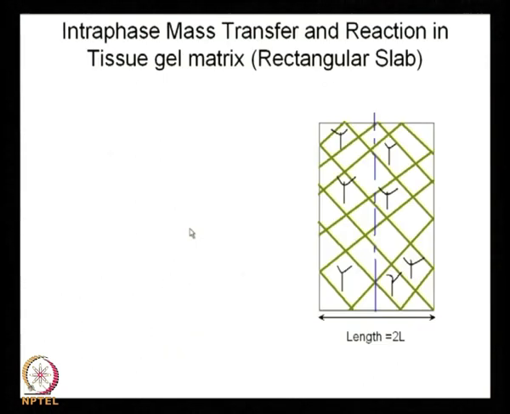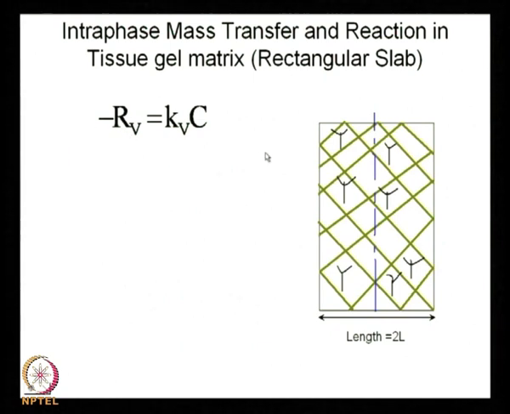Then we went over to this particular example. So, once we have been able to do that averaging, what have we been able to achieve? We have been able to convert a heterogeneous model, which is quite difficult to solve, to a homogeneous model. We call it a pseudo homogeneous model because it is not really homogeneous, we are just assuming it to be homogeneous. So, once we have been able to write the pseudo homogeneous model, then we can write